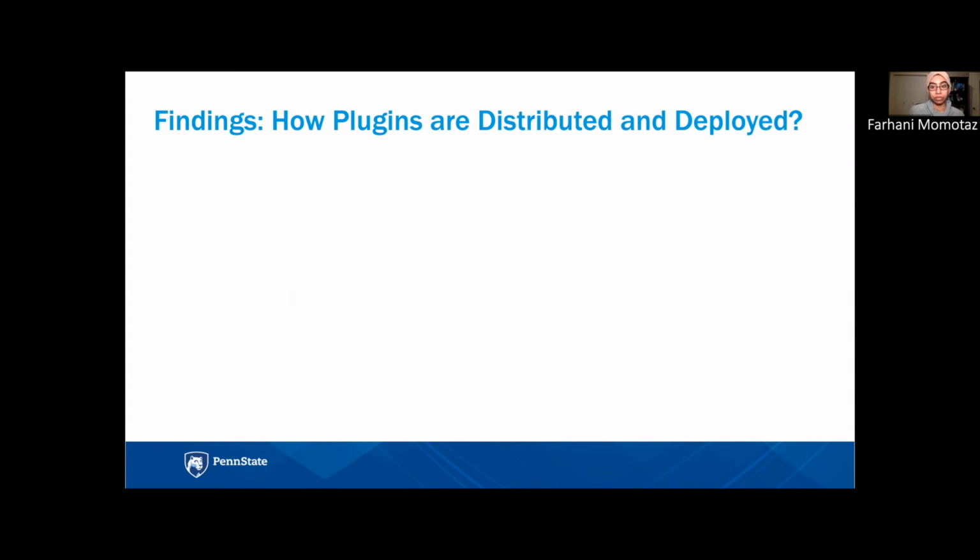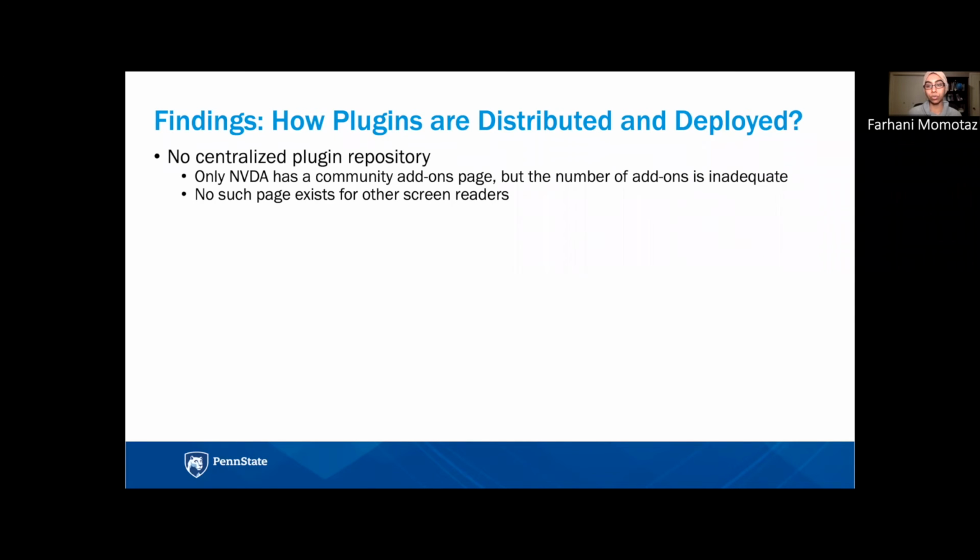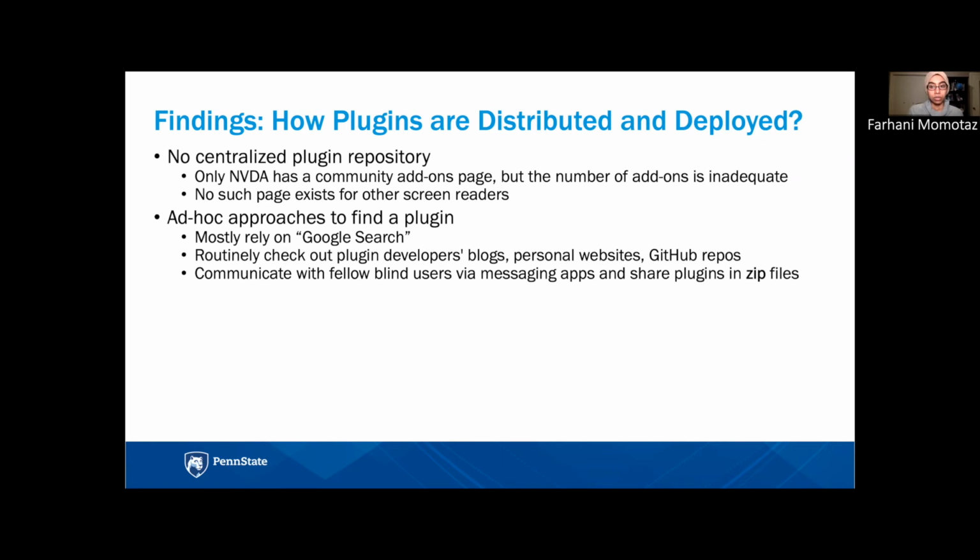The study also revealed how plugins are distributed and deployed. Most screen readers do not have a centralized plugin repository. Only NVDA has a community add-ons page, but the number of add-ons is inadequate, and no such page exists for other screen readers. Because there is no centralized repository, finding the right plugin is challenging. When participants find a plugin in an ad hoc manner, they mostly rely on Google search. They also communicate with other fellow blind users and share